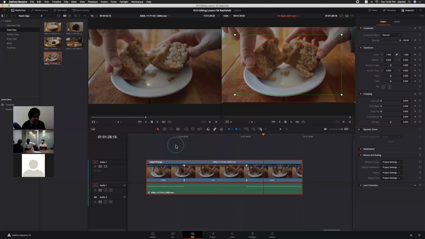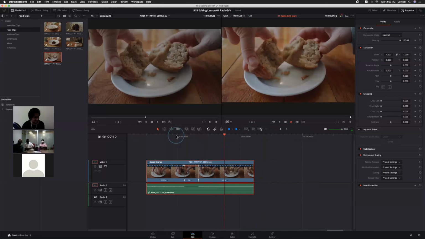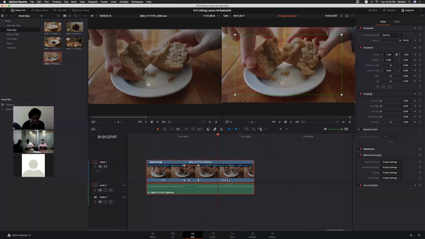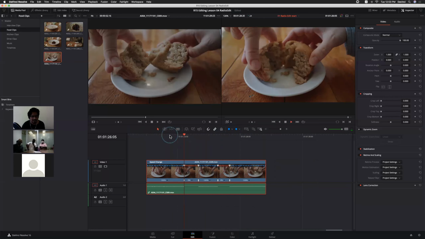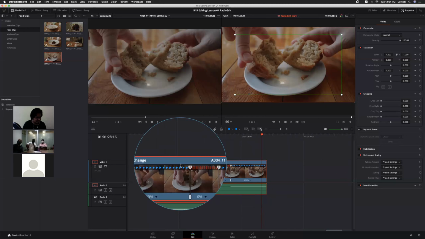By default, it will create a 4 second hold, but we can adjust this. So close like that. Go to the options, select freeze frame, adjust. So without cutting the clip, we can always hold a particular frame like that. Can you see the difference between the direct freeze frame as well as the freeze frame option in the retime curve, right?